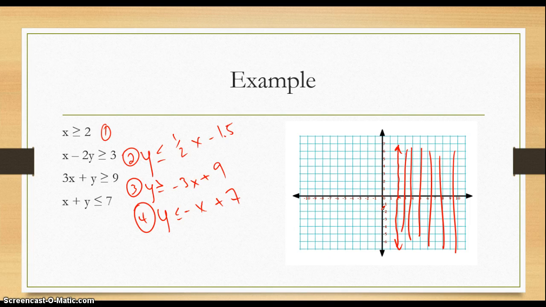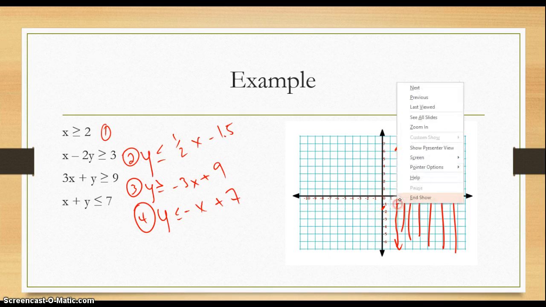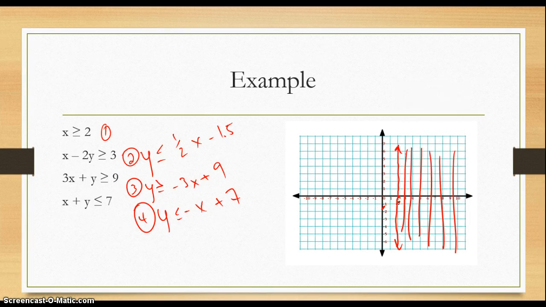Right here, up 1 over 2, up 1 over 2, up 1 over 2. Okay, so here we go. We have a solid line,